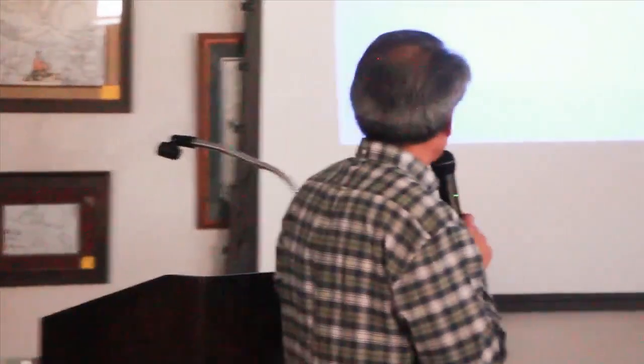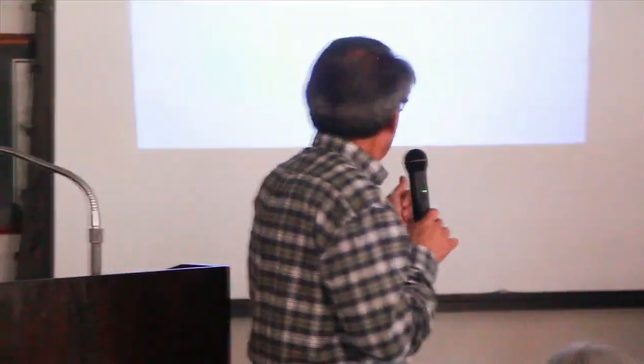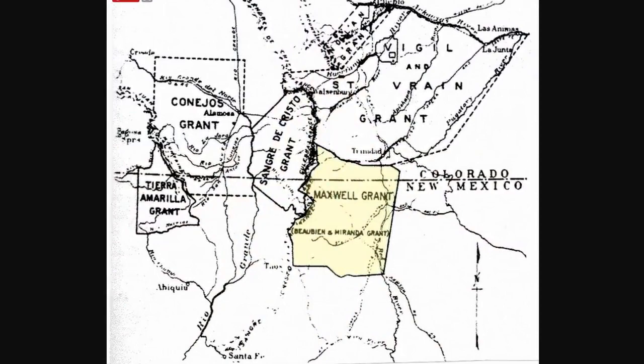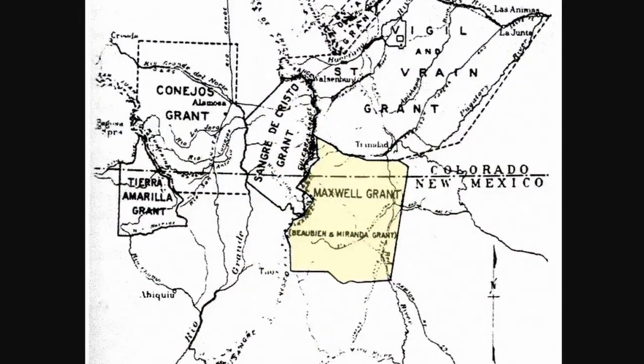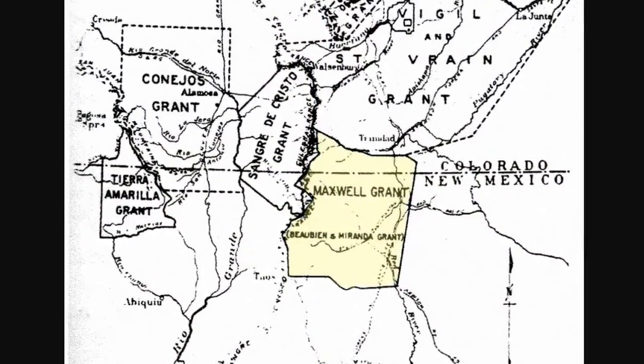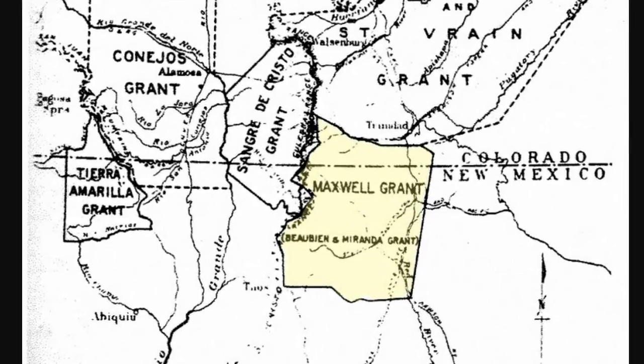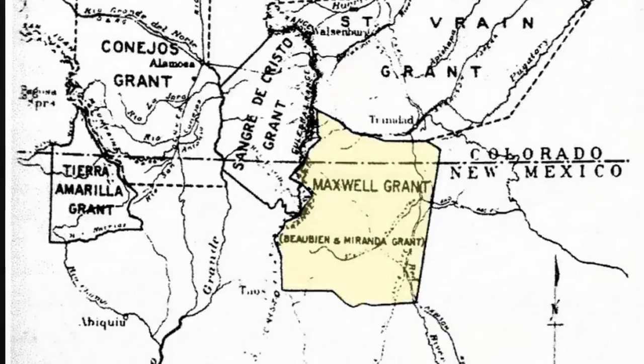Land speculators were also those same lawyers. And what were they trying to do? They were trying to sell this land to the people in the East. And that happened in the Sangre de Cristo land grant, and I'll go back to that a little later. In the early 1880s, there was a big scandal with the Maxwell land grant. And the Maxwell land grant, if you look going down I-25, when you cross the Colorado border into New Mexico, everything from Raton to Las Vegas, and I don't know how many miles east, is the Maxwell land grant.